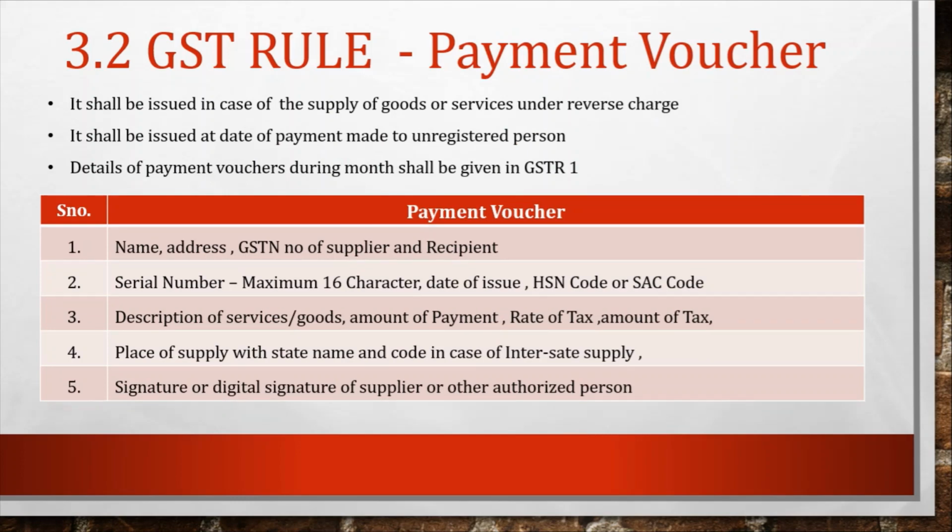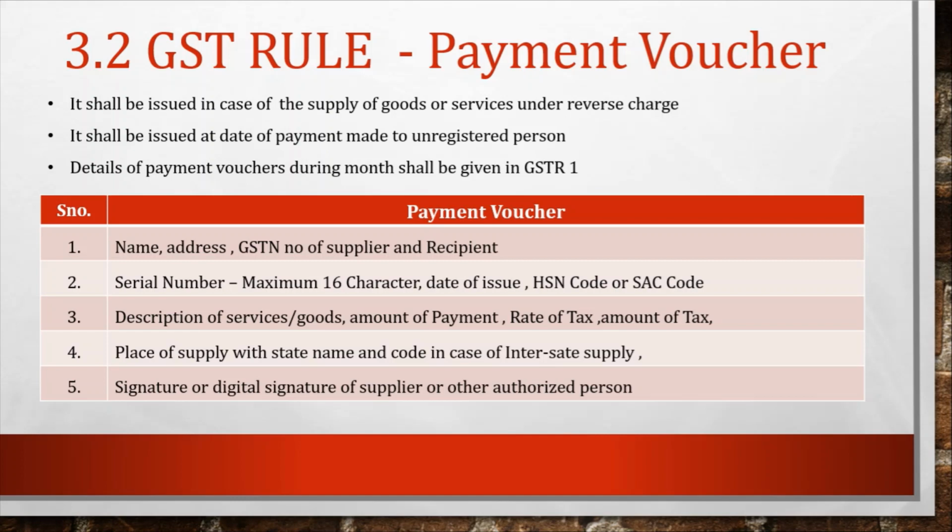Point number 3, the amount of advances we have to make is the amount of refund. The rest of the information is the same. Okay, so this is the refund. 3.2 GST rule: payment voucher provisions. A payment voucher is issued when a recipient receives any supply of goods or services from an unregistered person, as well as from a registered person who is supplying goods